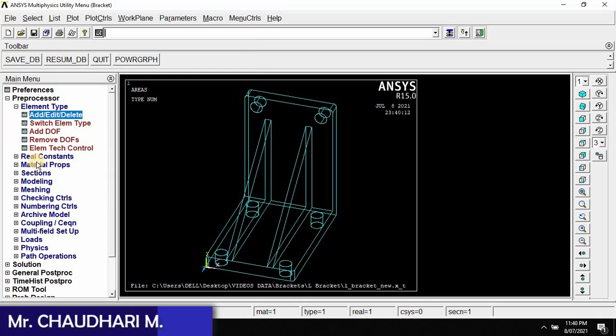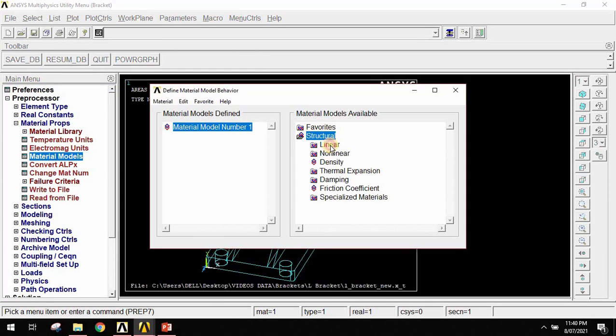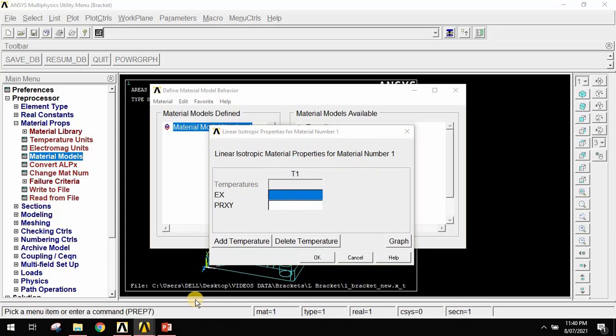then close. Material property, then material model, structural, elastic, then isotropic, then modulus of elasticity is 214 gigapascal, so you have to convert to megapascal.